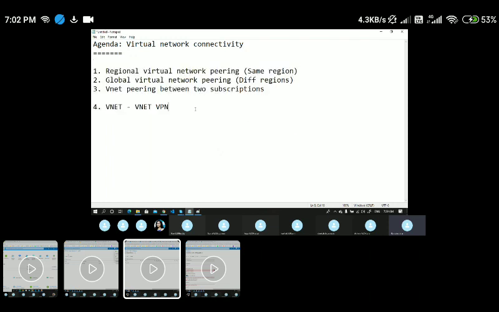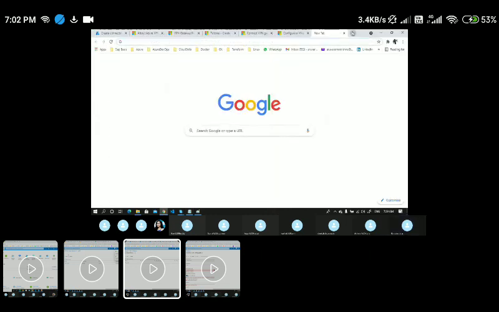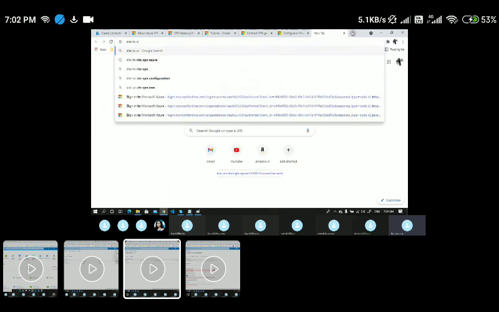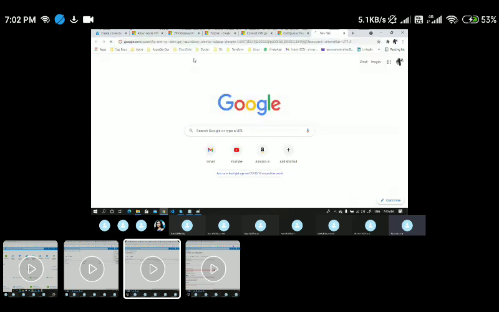Now let me jump back to the additional topic, site to site configuration, or site to site VPN. Let me search for site to site VPN Azure, and we will be navigated to this documentation.